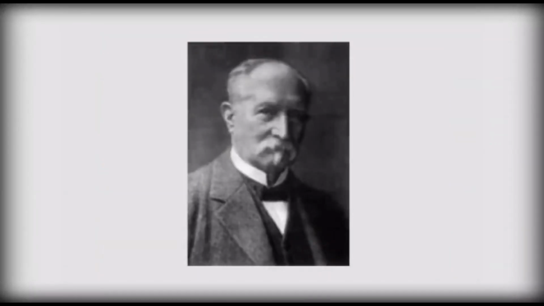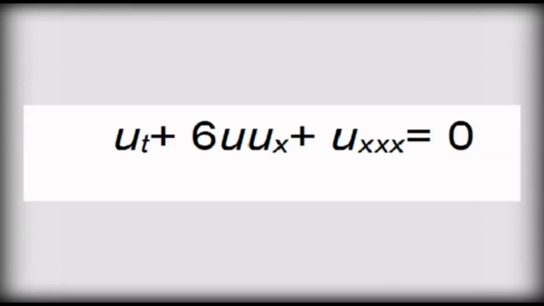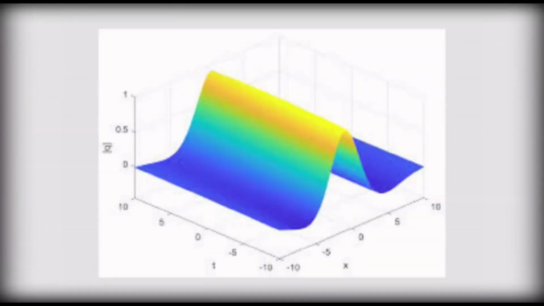Then the ultimate explanation of the Scott-Russell phenomena was provided by the famous Dutch physicist Diederik Korteweg and his student Gustav de Vries in the year 1895. They derived the following nonlinear partial differential equation for the Russell waves. And they also found that this wave system supports a solitary wave solution. These solutions arose as a result of a delicate balance between nonlinearity and dispersion.